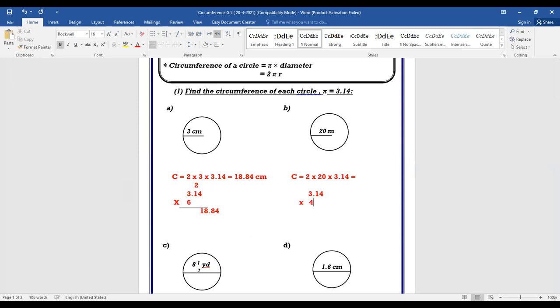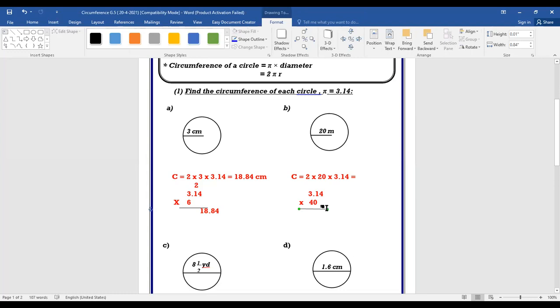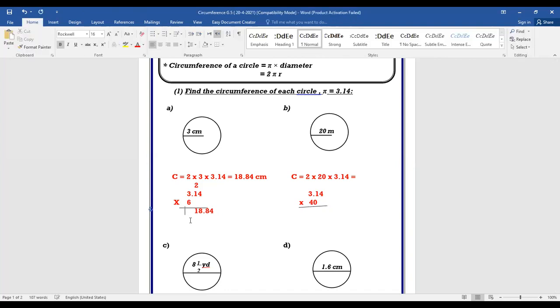Okay. We have 0. Write it and then multiply by 4. 4 multiply by 4 equals